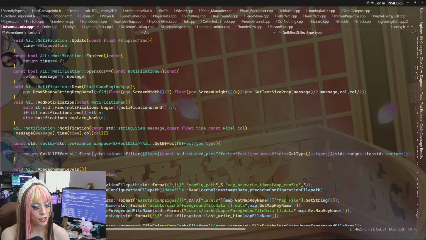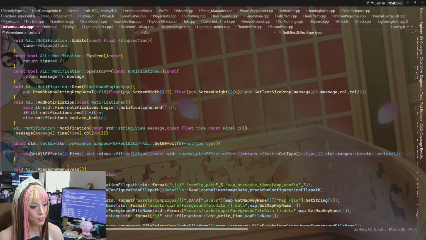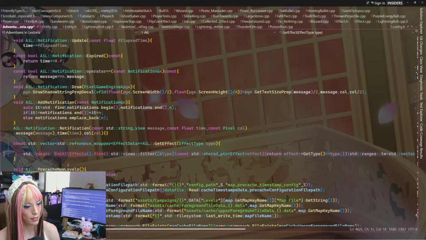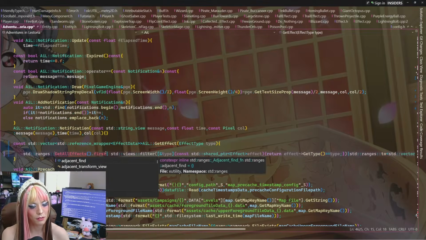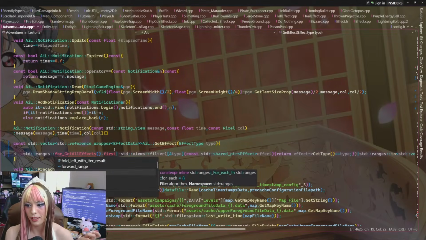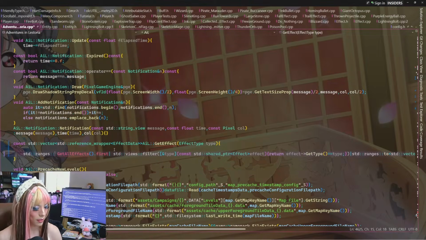It's like a combination of first and second together. So I think we just do a standard ranges for each here. That makes more sense. And if it matches, we can filter then by type. And the for each will just be for adding it to an array. I guess that would mean we can do a copy if too. Copy if makes more sense.